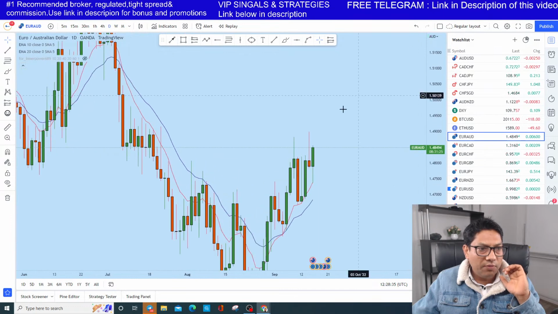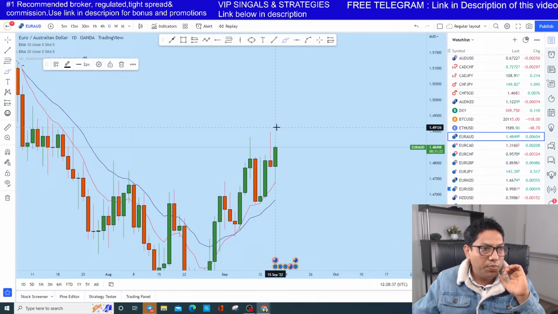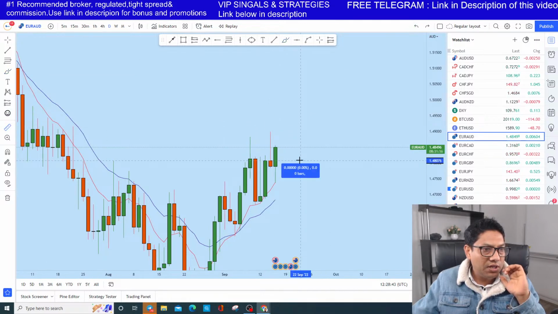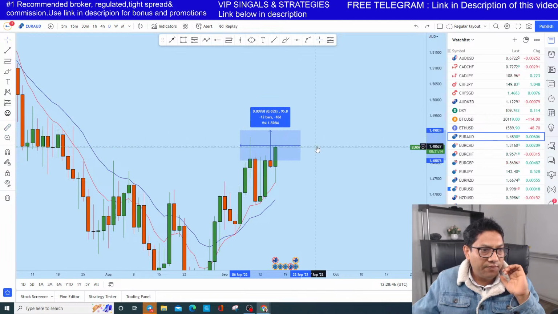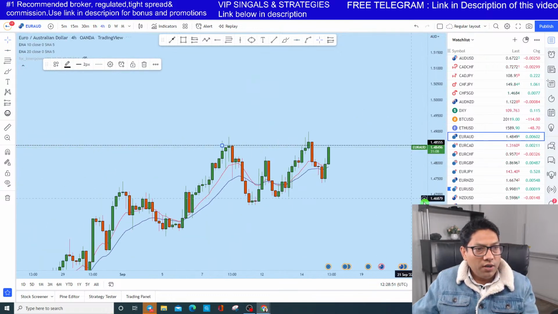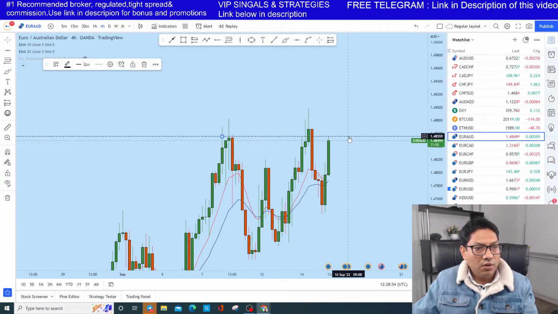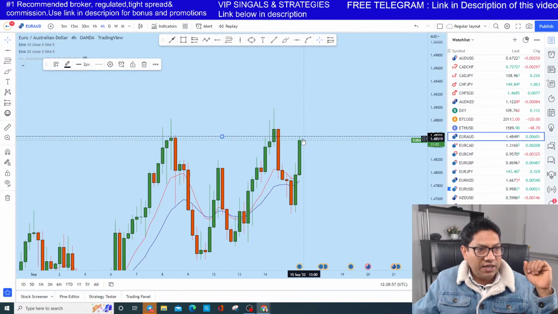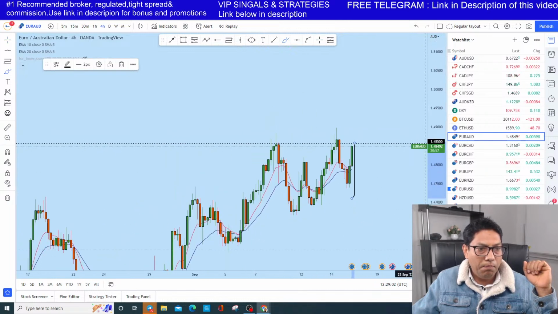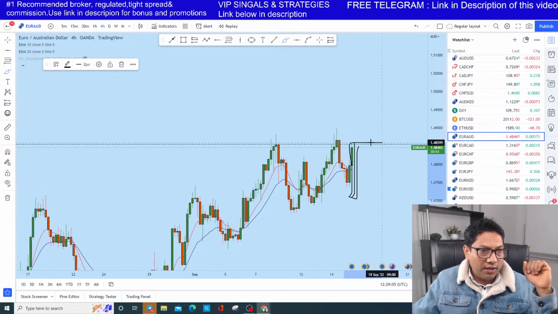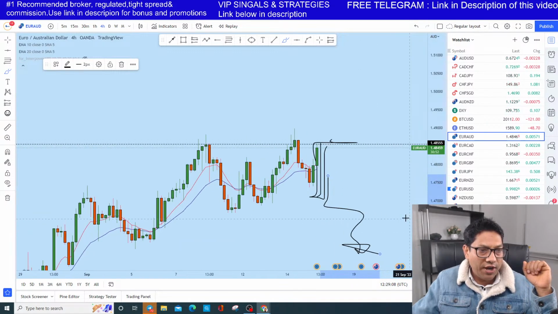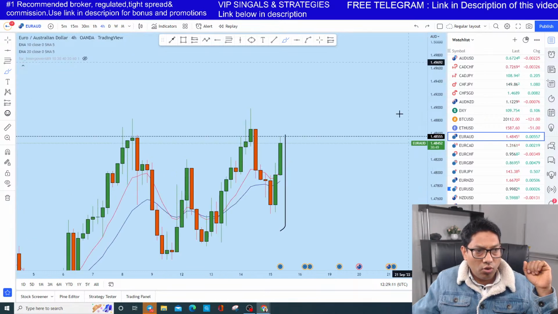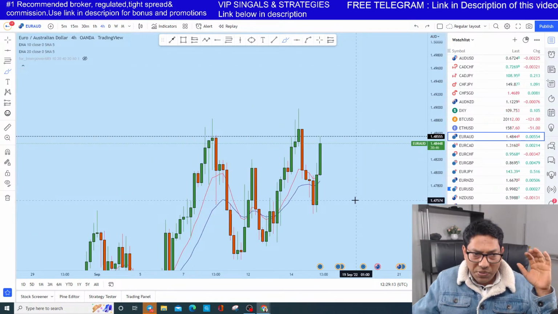Daily, there was a pin bar on the daily. You see, this is a nice looking pin bar with a liquidity grab. The price now is exactly at around 50% of this pin bar, exactly at 50%. Okay, guys, on the 4 hour, the price created this candle. I think we might see Euro AUD coming back down from here, a drop probably like that, and then we could see some change of trend. For me, Euro AUD as well is bearish.